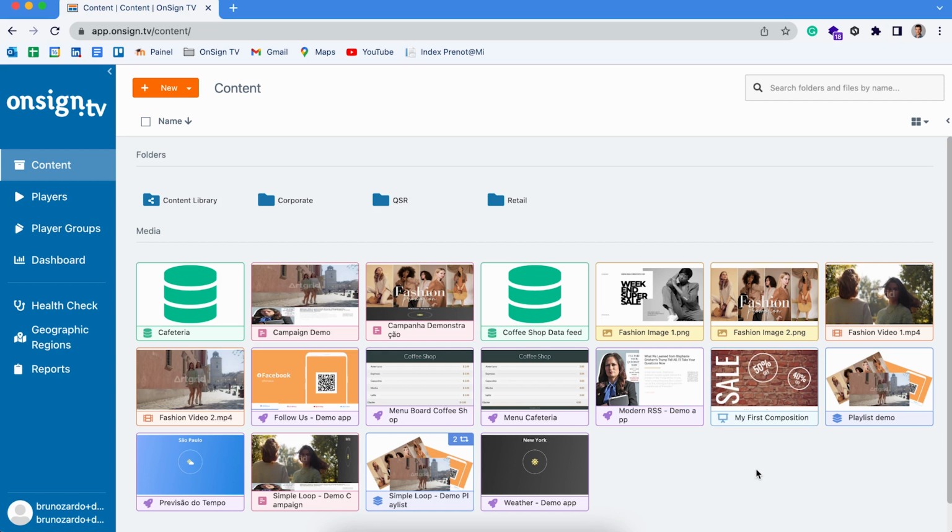All right, so this is the composition tool. On the next video, I'm going to be showing you how to actually have some great possibilities on publishing campaigns when talking about restrictions and playback